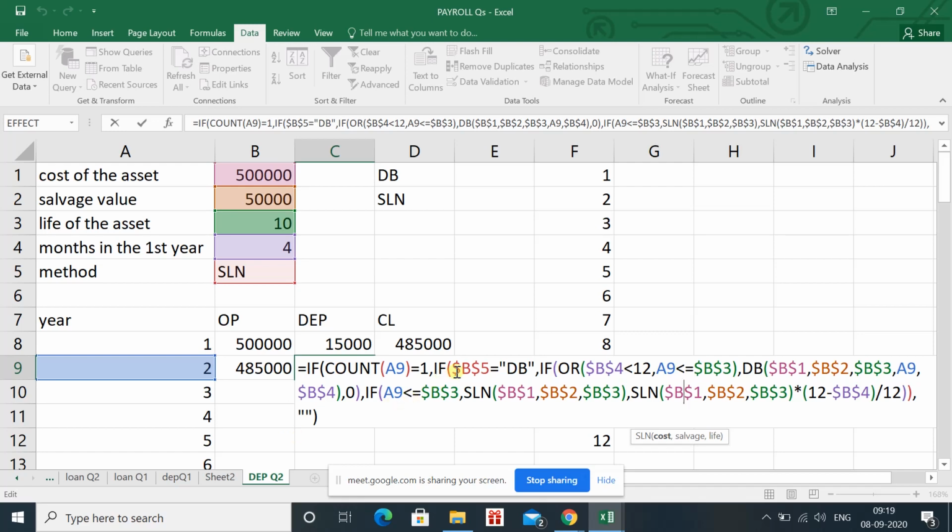You can see that here the brown color bracket is appearing, and at the end also the brown color bracket is appearing. This means ये जो if था जो आपने यहाँ पे open किया था वो end में close हो रहा है. Why? Because I am saying if DB is here, तो DB के लिए उसने चेक करना शुरू कर दिया, बट DB नहीं है तो कॉमा के बाद उसके बाद वाली कंडीशन स्टार्ट हो रही है. देन इट इज चेकिंग द वैल्यू व्हेन DB इज नॉट हियर. DB इज नॉट हियर, इट इज अप्लाइंग फॉर द SLN.